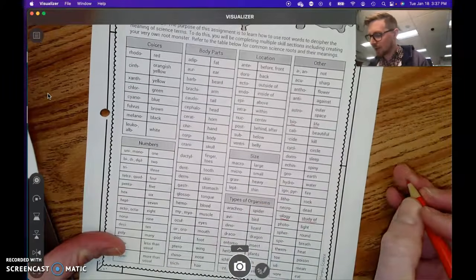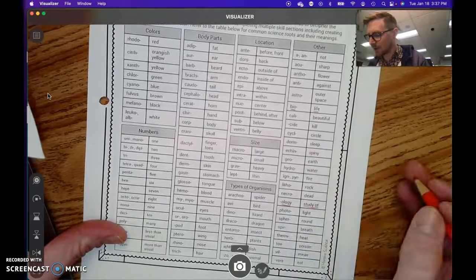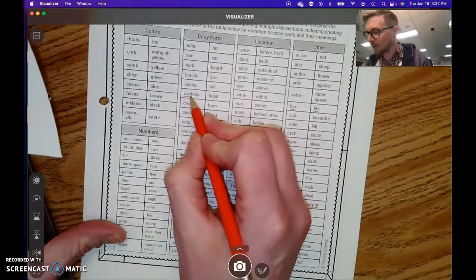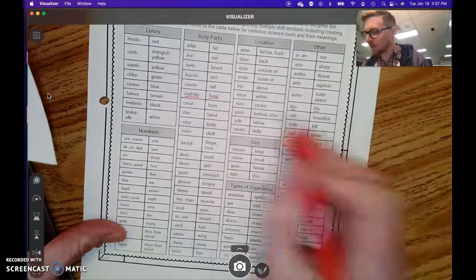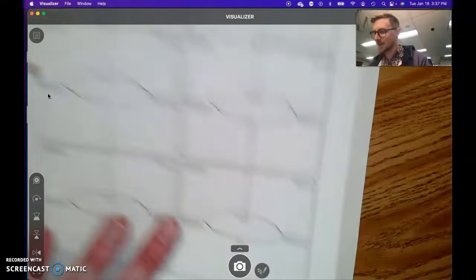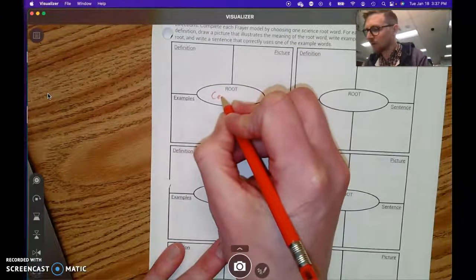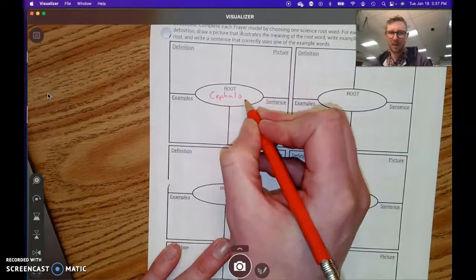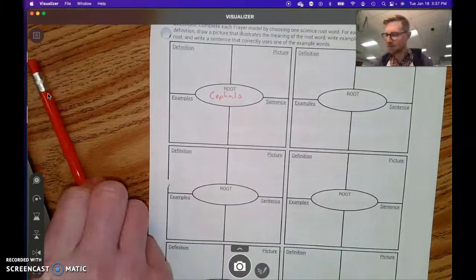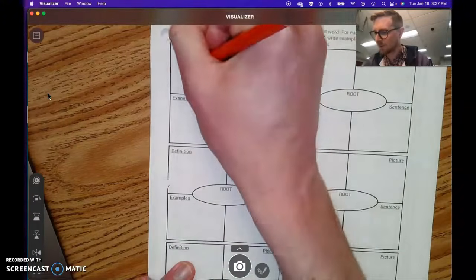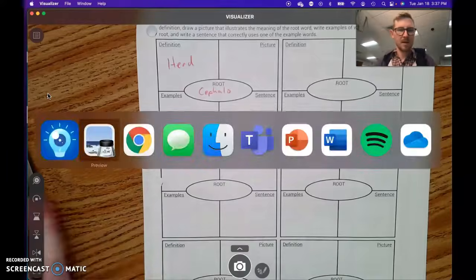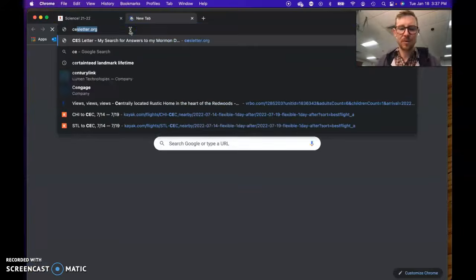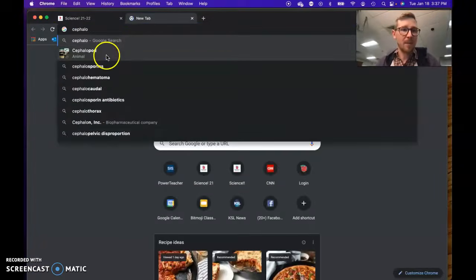And let's just pick a random one. Well, we already talked about cephalopod. So cephalo literally means head. So I would write here the root word, cephalo. And if you find a root that you like and you really have no idea what word it could be used for, let's write the definition first. Then go to Google and just type in the root, cephalo, and then something might pop up like cephalopod